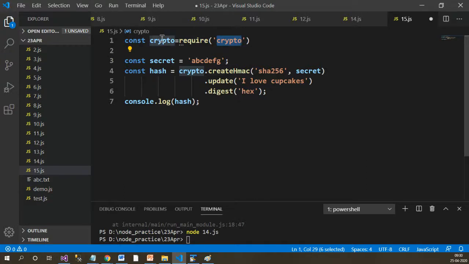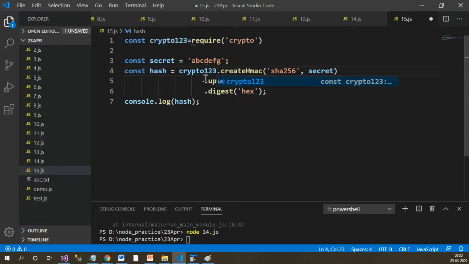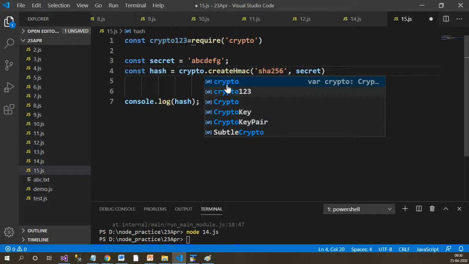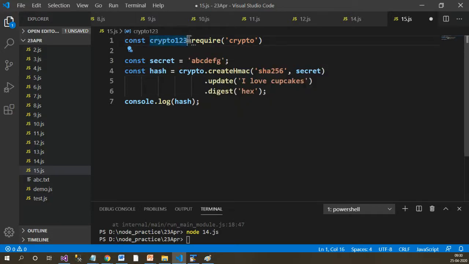We can have a different name for it, say crypto123, and we can use crypto123 here. It works, but it is never suggested to do something like this, because your code needs to be clean, and for cleaner code, give the same name as the module name throughout the application.